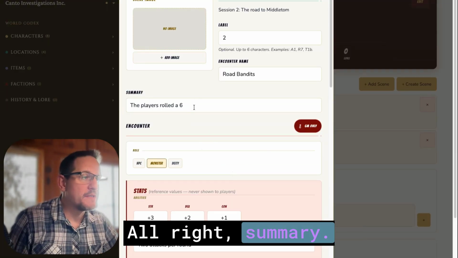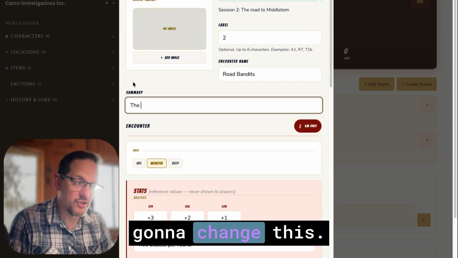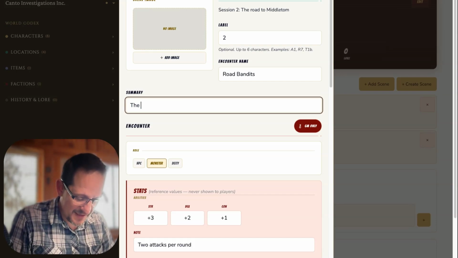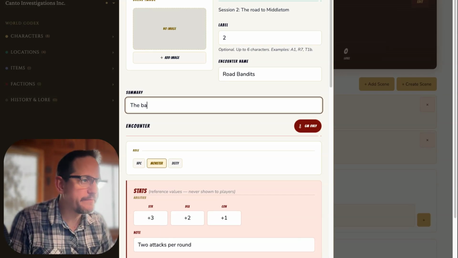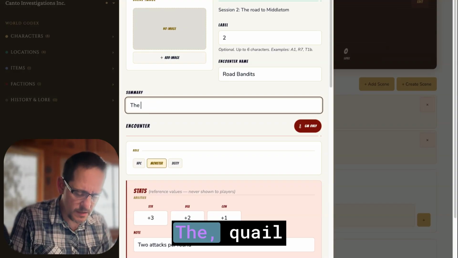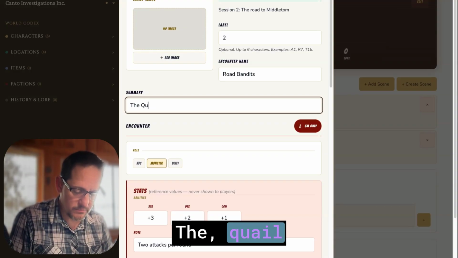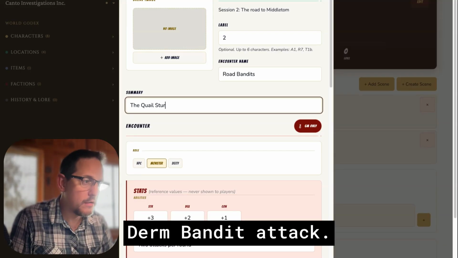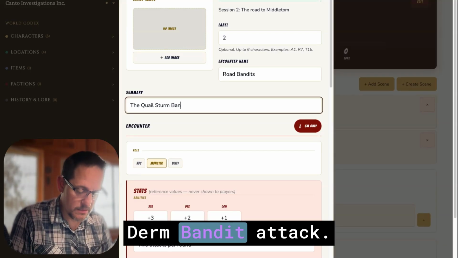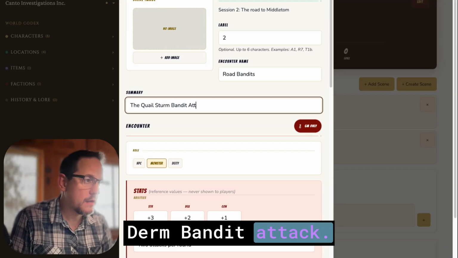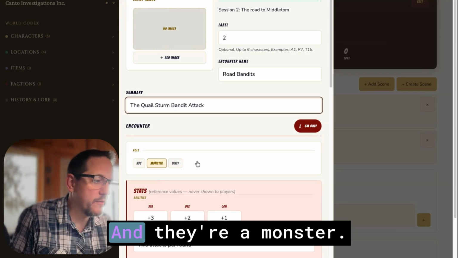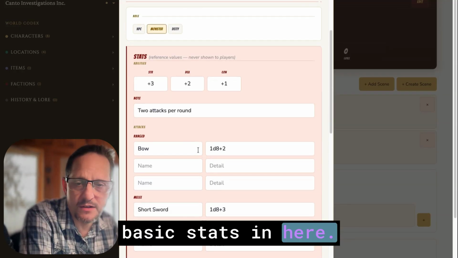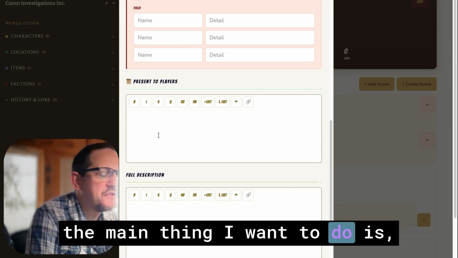All right, summary. The bandits, I'm going to change this. The Quillstorm bandit attack. That's my quick summary there. And they're a monster. I already put their basic stats in here. I could change this up. But the main thing I want to do is